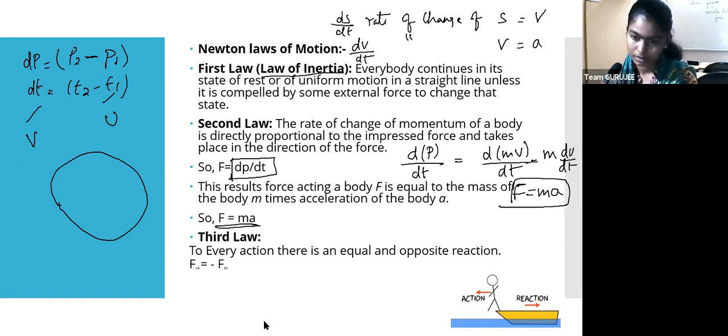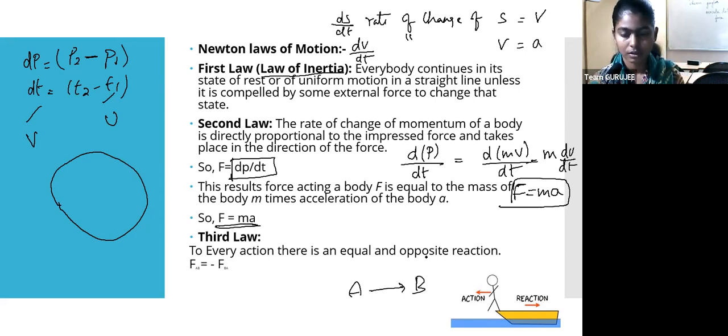Third law is nothing but: to every action there is an equal and opposite reaction. So how you can say that is F of AB. Let's say that some force is given from A to B. There is A, and to B it has given some force, and F of minus AB will be coming there. From your B also some force will be exerted. So every action is having an equal and opposite reaction. Any example for this, other than the one which has been displayed?